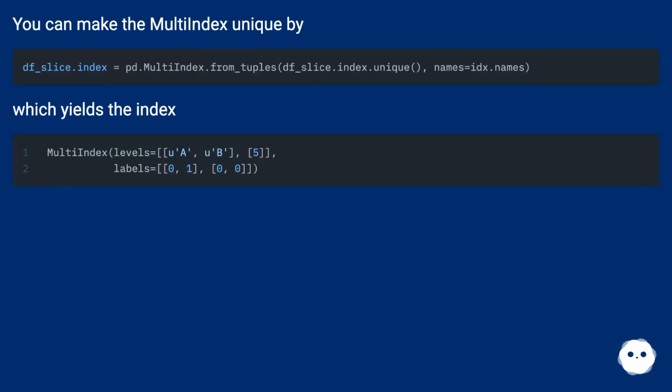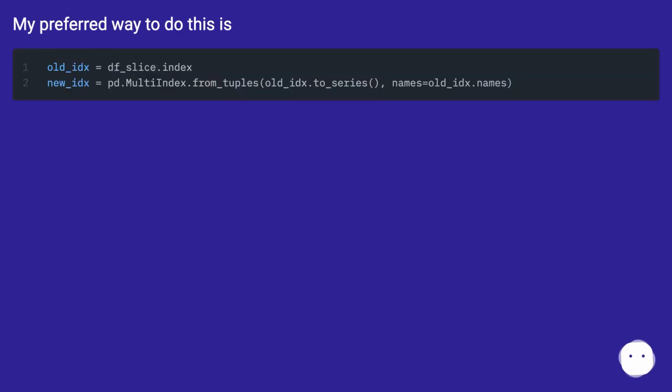You can make the multi-index unique by the following, which yields the index. My preferred way to do this is